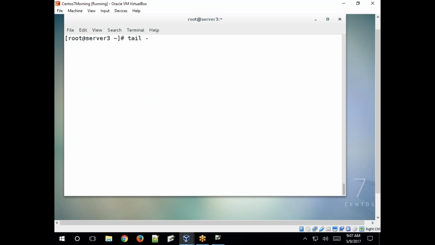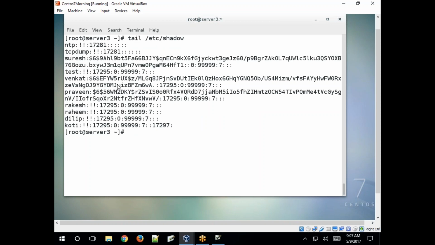Tail /etc/shadow. See, this is encrypted format. Test: there is no password for the test user. Venkat has a new password. Praveen also created. Rakesh, Rahim, Dilip: there is no password for these users. Okay, we have not provided any password.